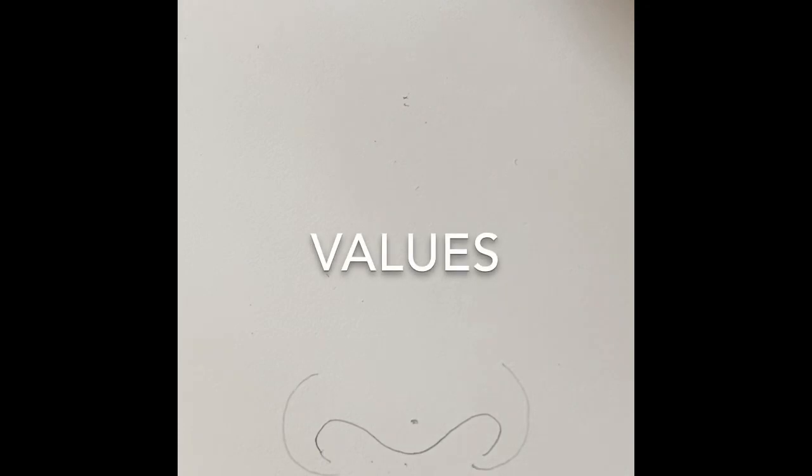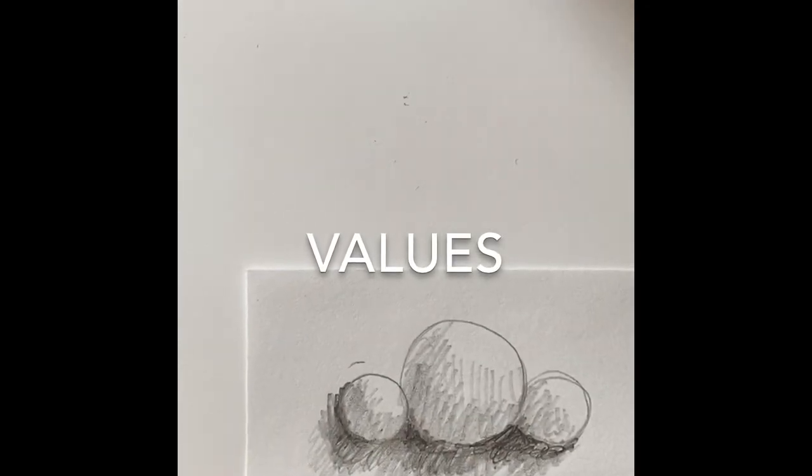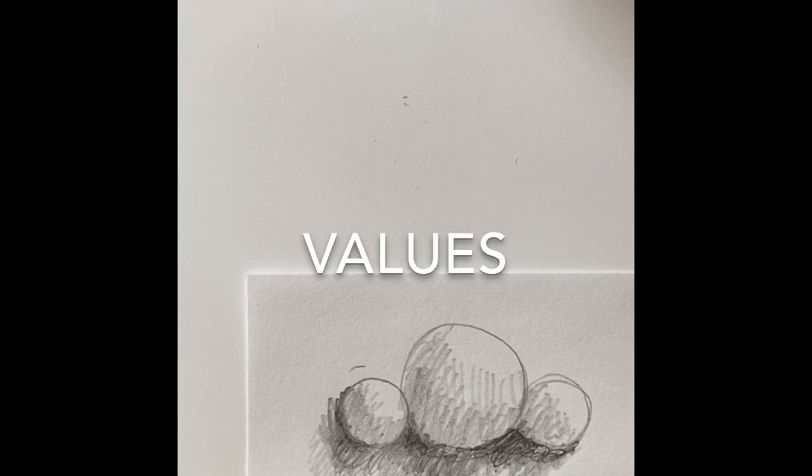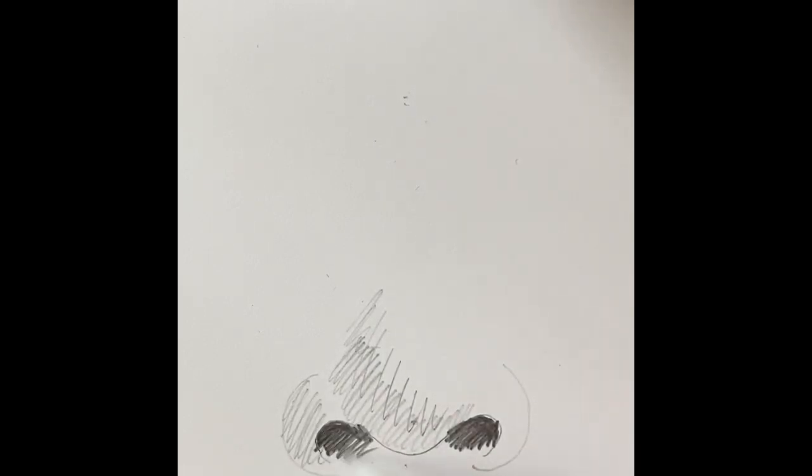If your spaces look good, now it's time to add some value. Remember, think of it this way: three spheres side by side, small, big, small, and we're going to shade it like that. I like to start with the darkest value, actually. The darkest value is going to be right here and right here. Then we're going to add more. Remember again, we're trying to shade it as if there are three spheres like that.